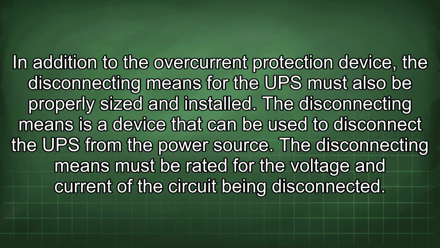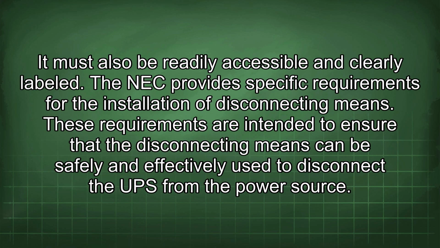and installed. The disconnecting means is a device that can be used to disconnect the UPS from the power source. The disconnecting means must be rated for the voltage and current of the circuit being disconnected. It must also be readily accessible and clearly labeled. The NEC provides specific requirements for the installation of disconnecting means. These requirements are intended to ensure that the disconnecting means can be safely and effectively used to disconnect the UPS